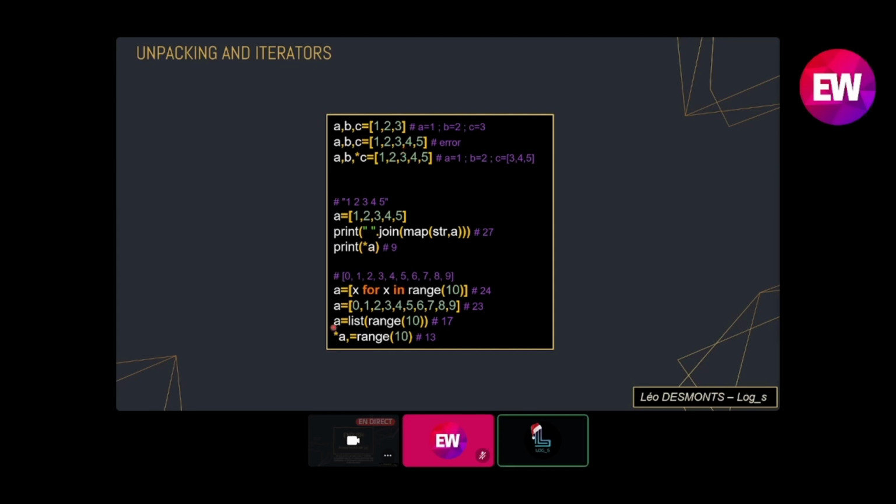So just star a equals something will not work because star a is not a tuple. But if you put your comma here, it will be a single element tuple. So it's a little bit counterintuitive, but that's how it works.